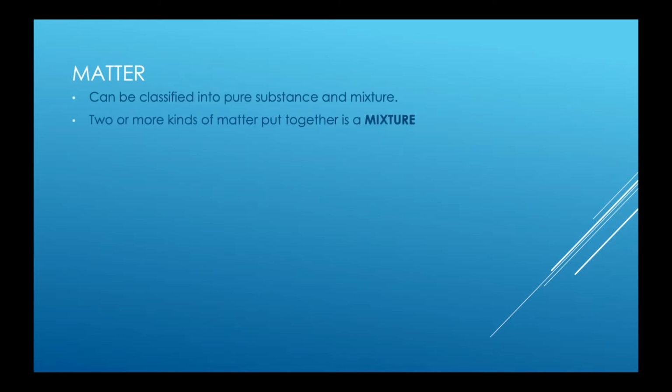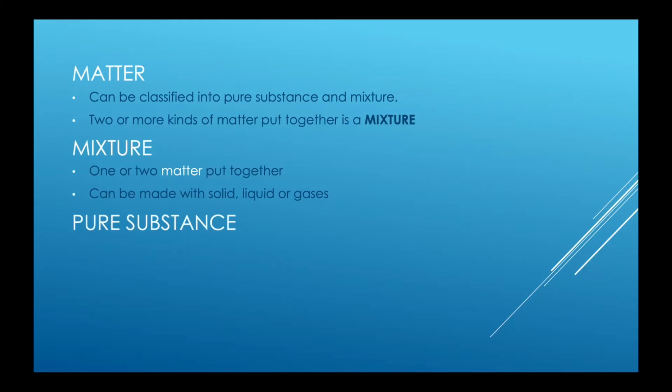properties. Like matter. Matter can be classified into pure substance and mixture. When two or more kinds of matter are put together, it is called a mixture. Mixture can be made from solid, liquid, or gases. Any combination will result in a mixture. A pure substance, however, consists of one phase with definite composition, which appears uniform in appearance and composition regardless